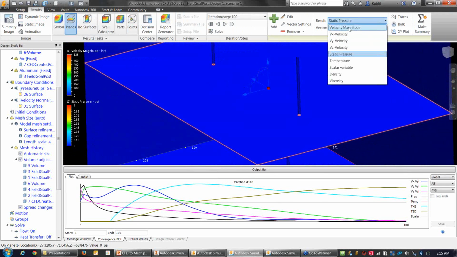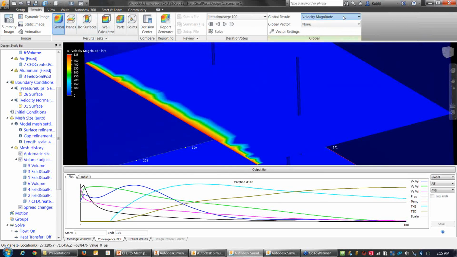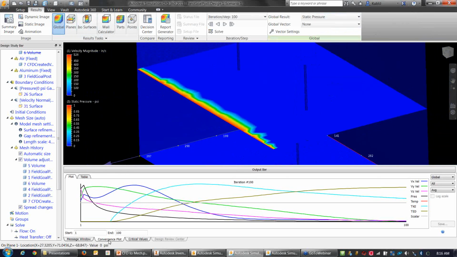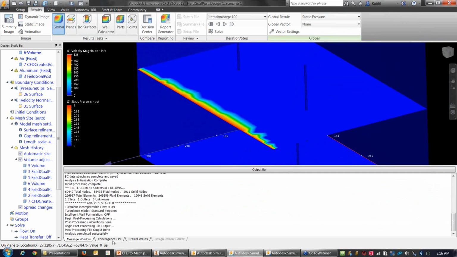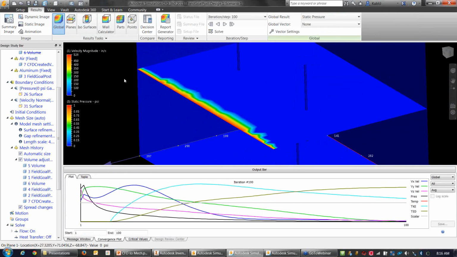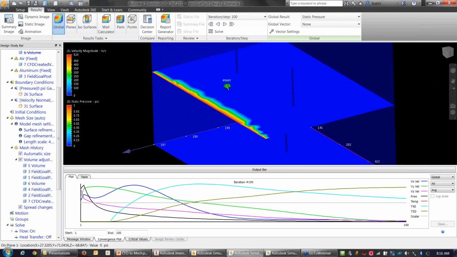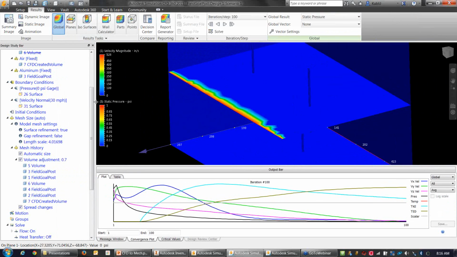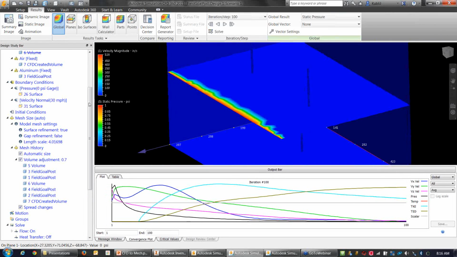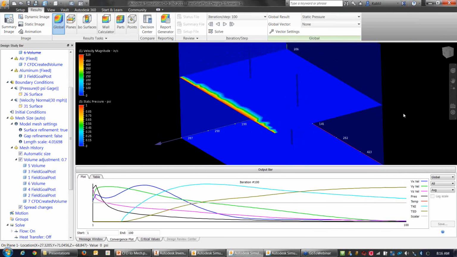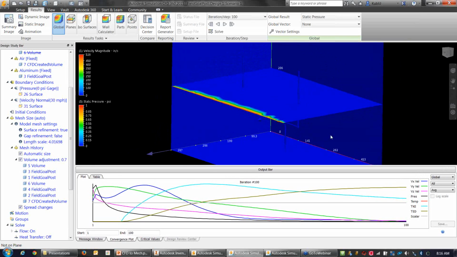Oh wait, no. Velocity, magnitude, global. Well, I'm not sure what is the holdup just yet here, but